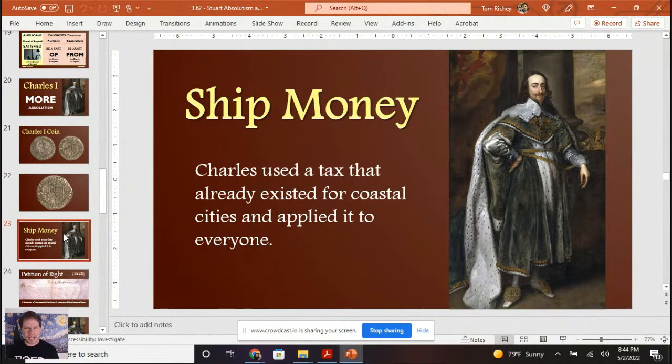Okay. Now, the big thing that happens with Charles and Parliament is, I've got to be careful how I pronounce this, ship money, which members of Parliament might have had another word for. Basically, English monarchs and Parliament had previously said, yes, there is a tax that is collected from the coastal cities in order to protect maritime commerce. And the reason the coastal cities were the ones that paid this tax is they were the ones that benefited from commerce. The interior villages and cities and towns didn't pay for ship money because their economies didn't directly benefit. So basically, coastal cities paid ship money.